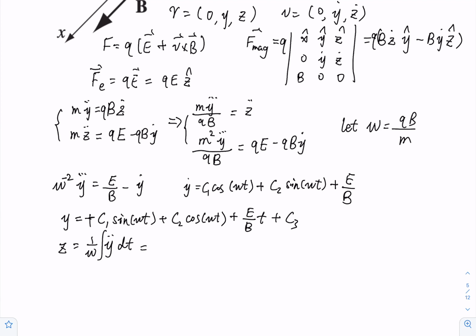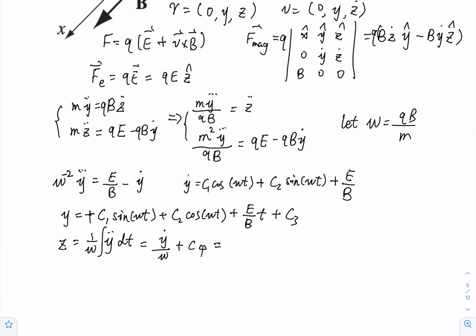So this z actually should be y dot over omega plus a constant, and this y dot equals